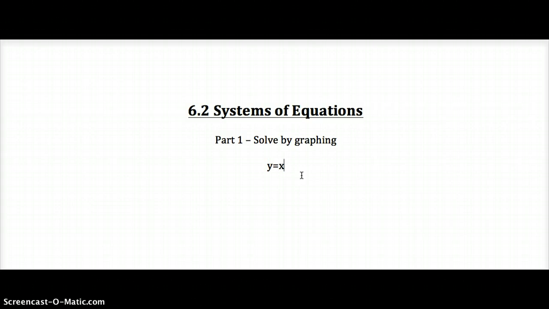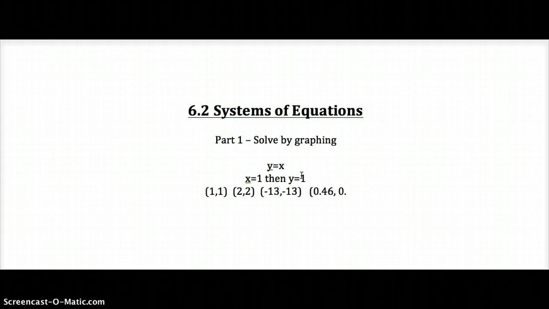Think of it like a relationship between x and y, or a constraint on x and y. In other words, if you know one, you can find out the other. So we could list some of the solutions to this, right? If x equals 1, then y equals 1. So we get a bunch of ordered pairs that look like this: 1 comma 1, 2 comma 2, negative 13 comma negative 13. Any numbers you can think of,